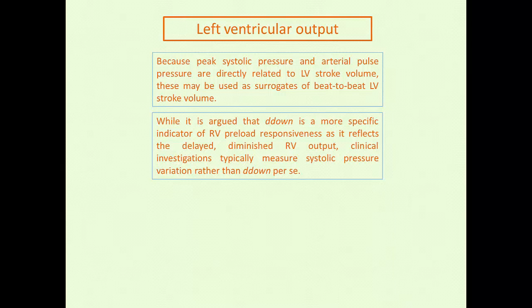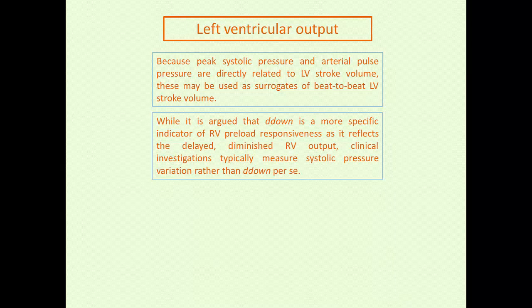Despite that, clinical investigation typically measures systolic pressure variation rather than D down per se, and systolic pressure variation is simply the difference between the systolic pressure max and the systolic pressure min. So investigations have shown actually that pulse pressure variation is superior to purely systolic pressure variation as a marker of